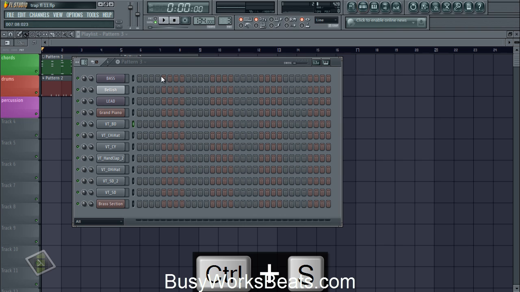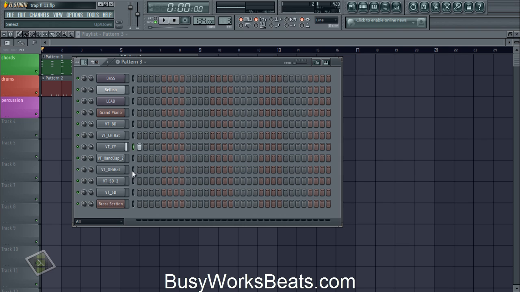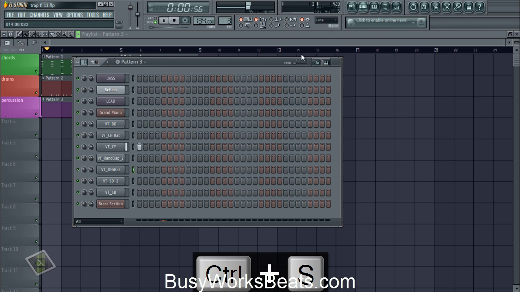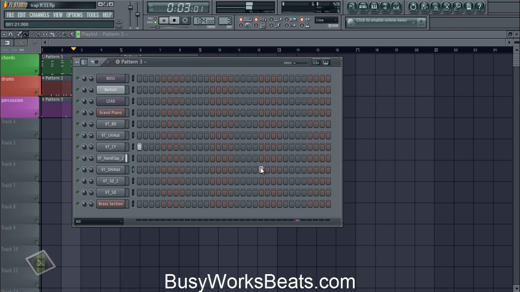Okay. Now in the percussion, we're going to add the hi-hat, and specifically a hi-hat roll. We'll get to that in a second. And the cymbal. So we're going to add the cymbal first, and then the open hat. To preview stuff, you want to add it in your playlist first, and then you can edit stuff while you do it in the step sequencer. Okay, so now we can right click the hi-hats, go to fill each 2 steps. Now we're just going to add where we want to have multiple hi-hats.